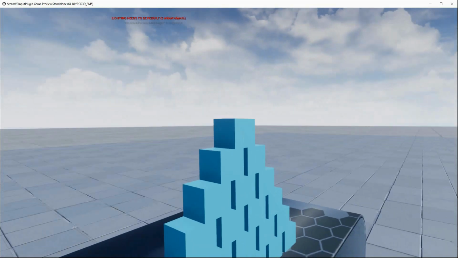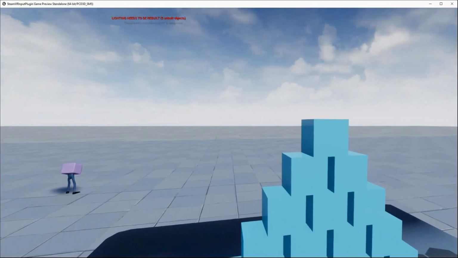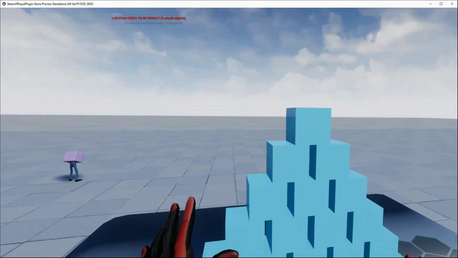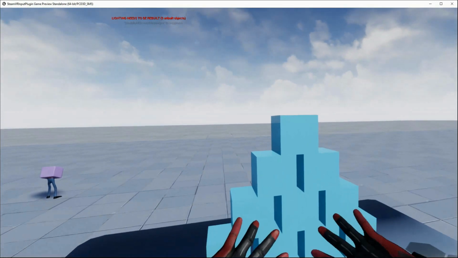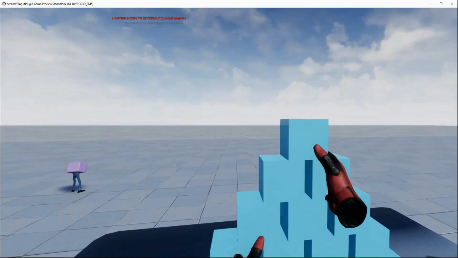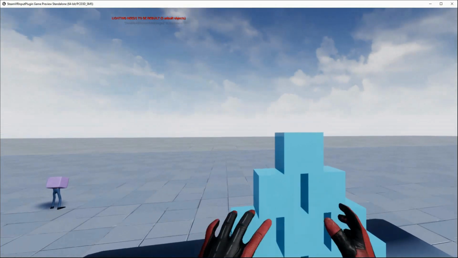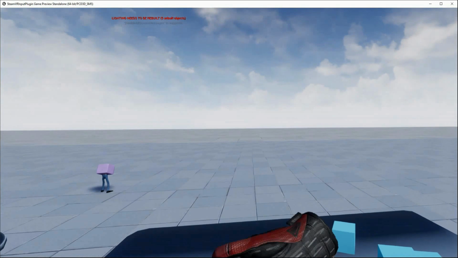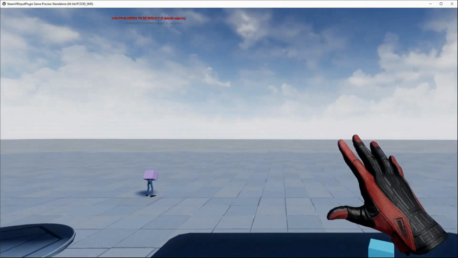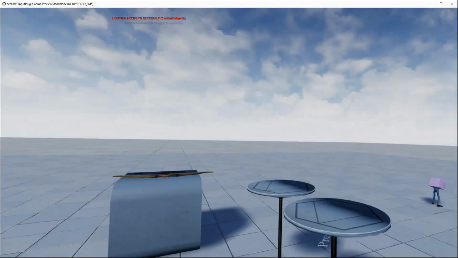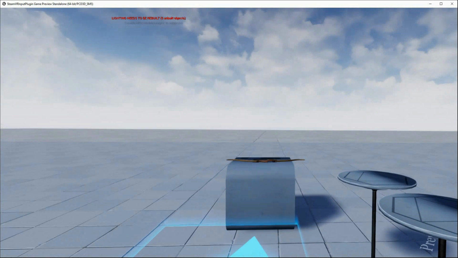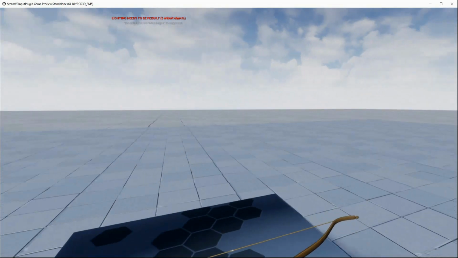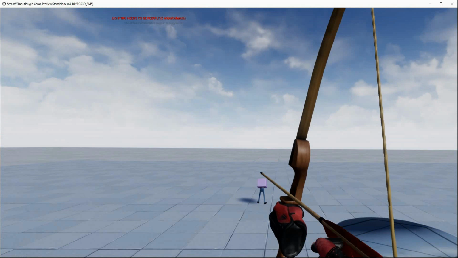Teleport and the cubes here. This should be very familiar. It comes from the standard UE template. We're demoing a little bit of the haptics here. If you put your hands inside, you should feel some slight haptics. You can grab stuff, throw things around and play around with it a little bit, all right? And slowly move my head there. Okay, I'm going to grab, this is my favorite part of this demo, which is